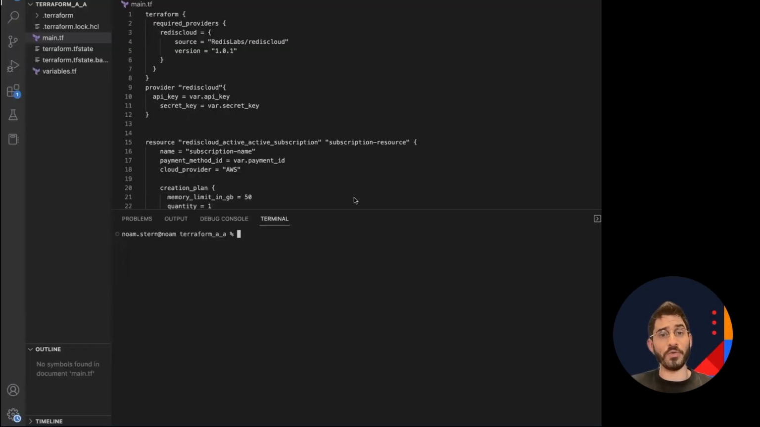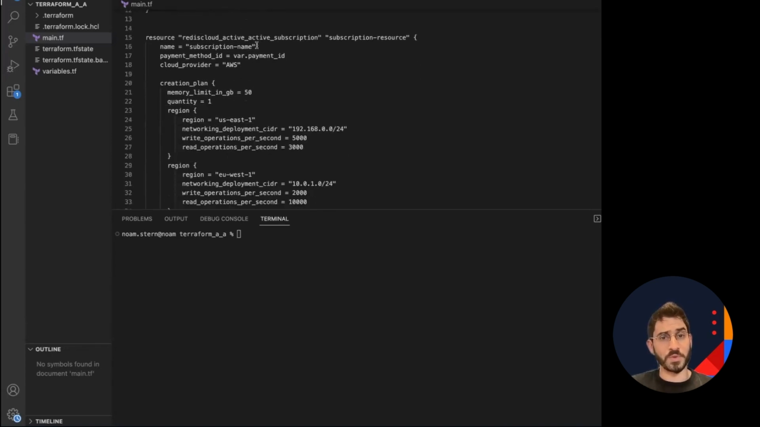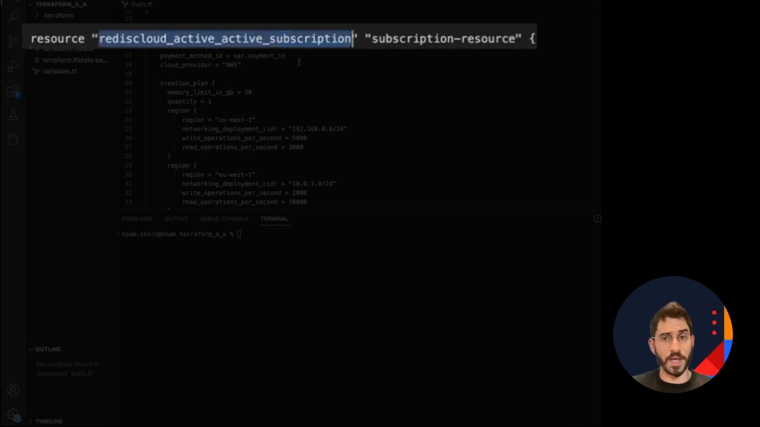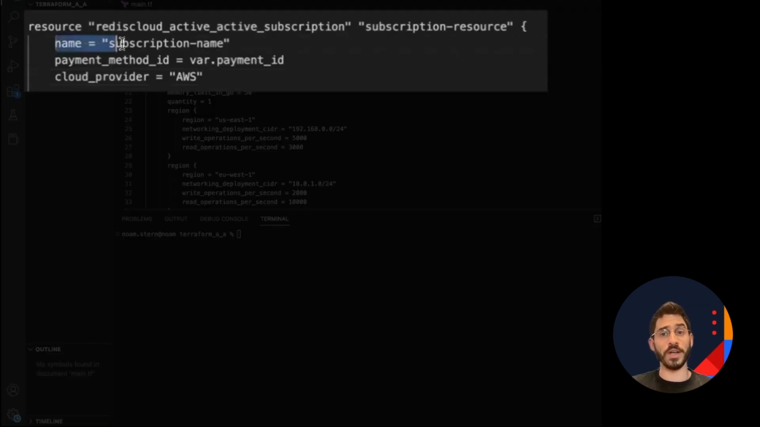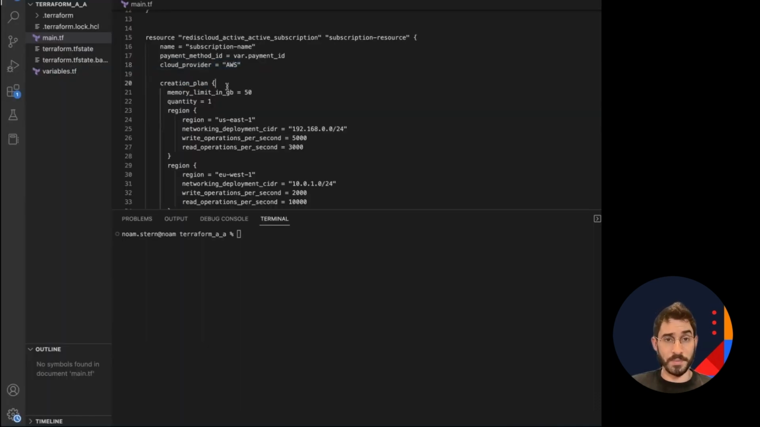First, let's go over the resources you need to configure to have and manage active-active databases. The first resource is Redis Cloud Active-Active subscription. The subscription resource is responsible for creating and managing the subscription. We will configure the databases and regions and link them to this subscription in a bit. As part of the subscription resource, you will need to configure the name of the subscription, the payment method ID, which is a variable that I kept in a different Terraform file, the cloud provider, AWS in this example, and a